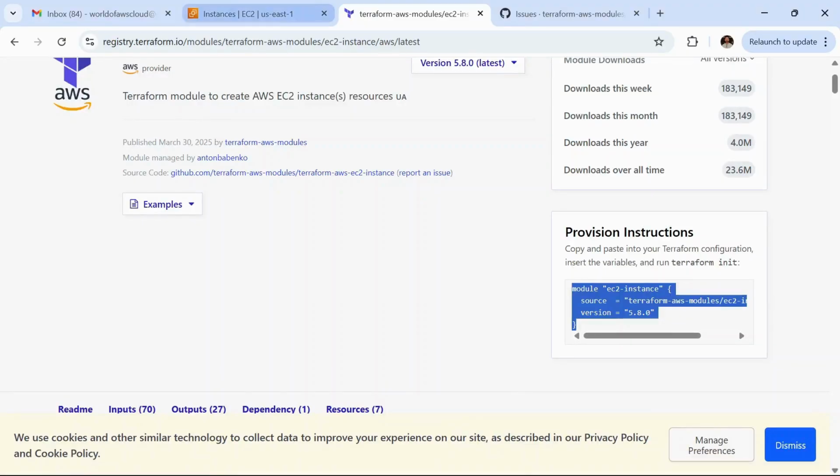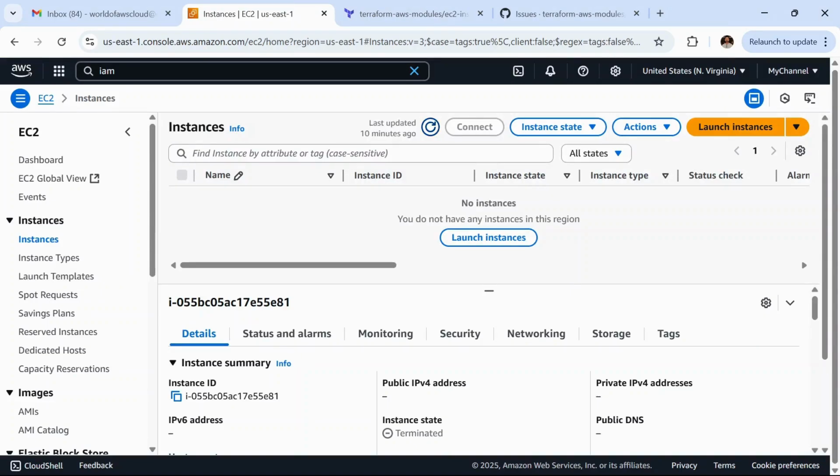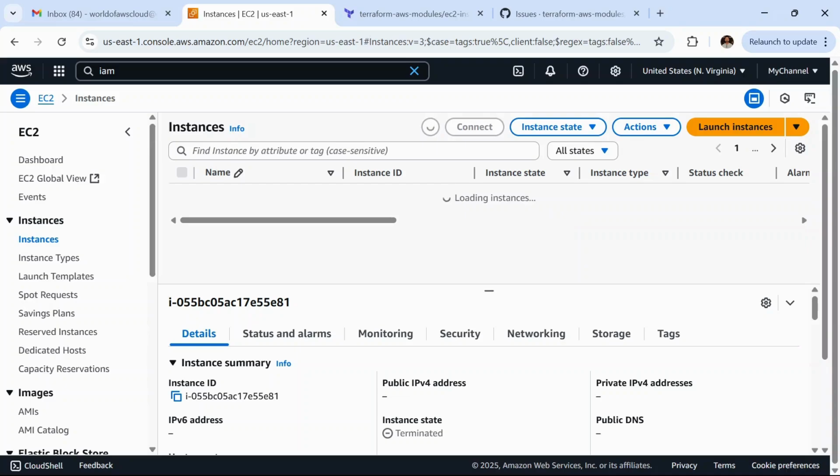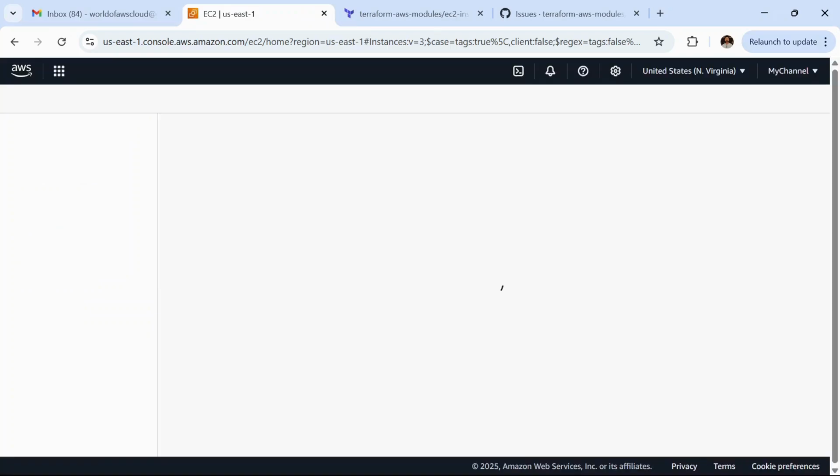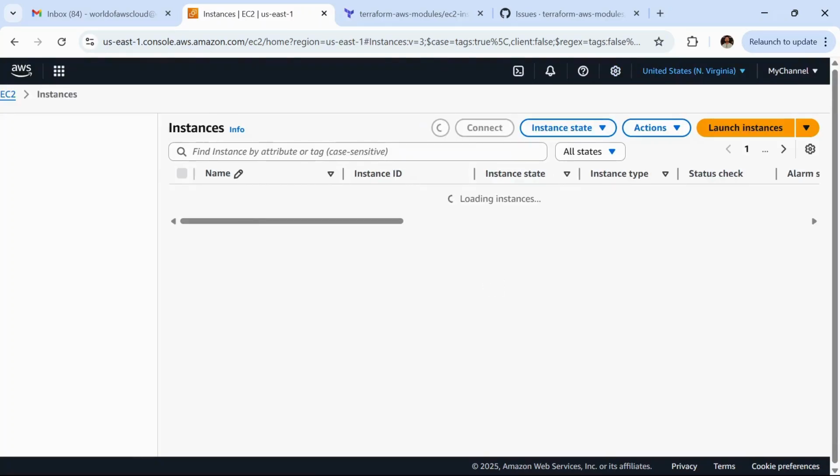Meanwhile, let me show you that I don't have any EC2 instance running in my account. Let's refresh this page, and we are in US East 1.